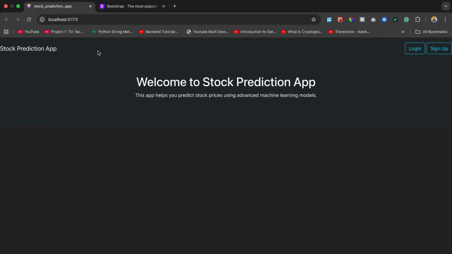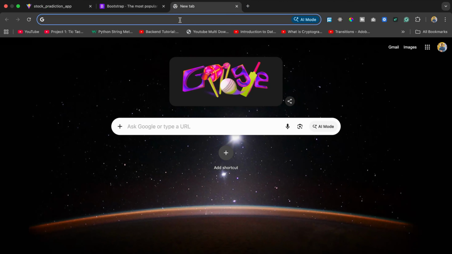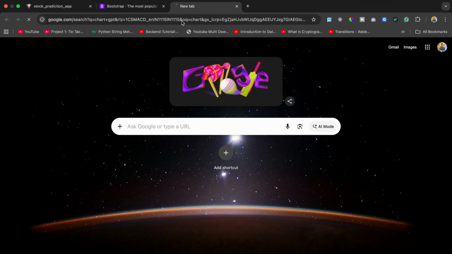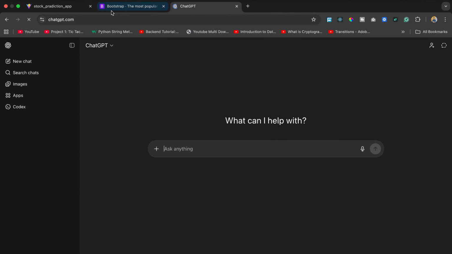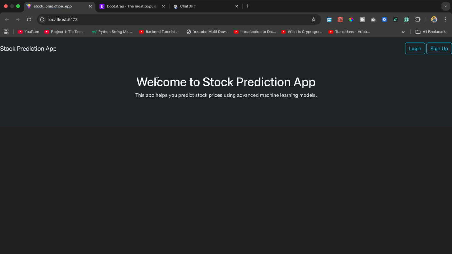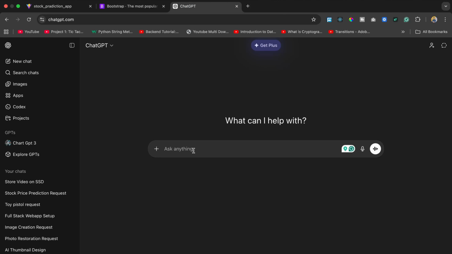Now to open ChatGPT, I say write a paragraph about stock prediction application. You can directly say create paragraph